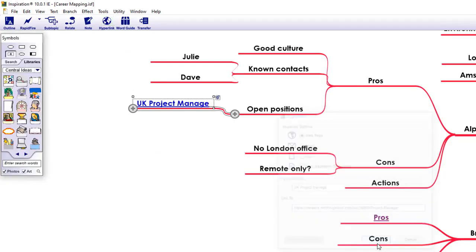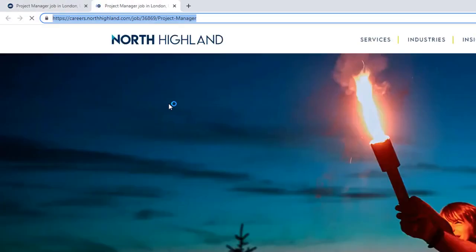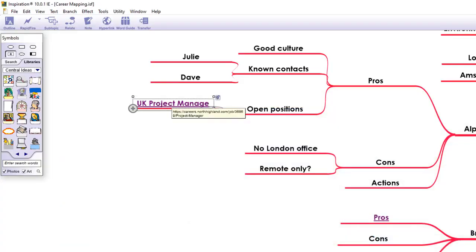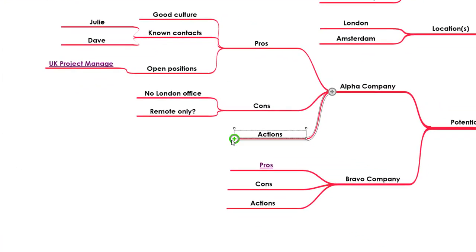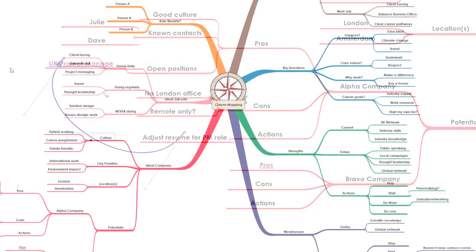You'll see the text changes here to tell us that there is now a clickable text, and this would take us right to the web page where we want to go. From here, you can continue using the mind map to capture and keep track of your actions in relation to each company, turning this mind map and this specific section of the mind map into your control center for everything related to your job change process.